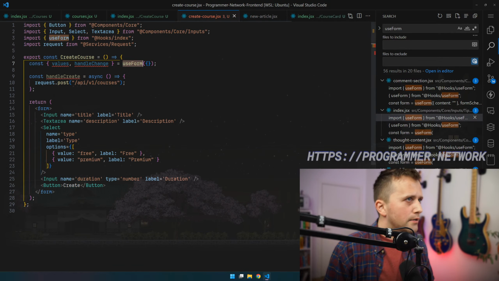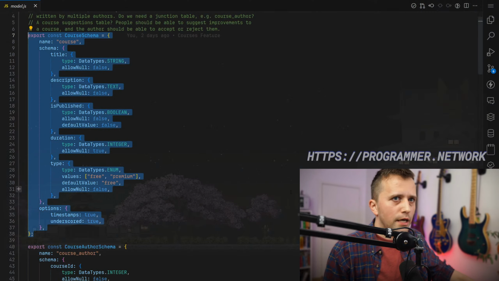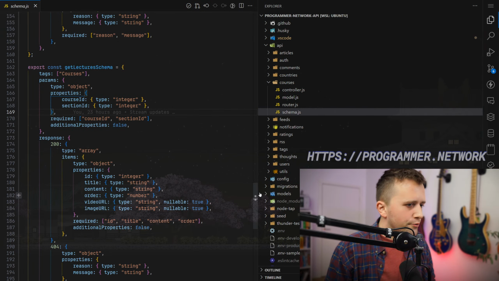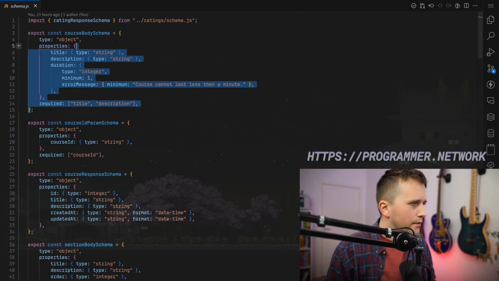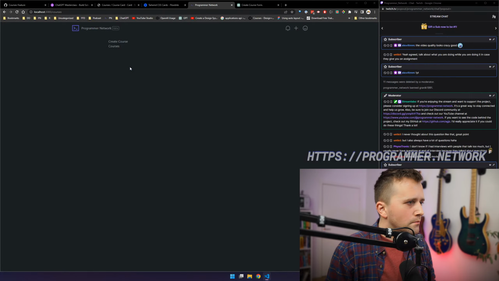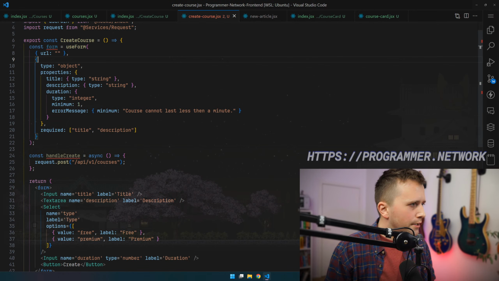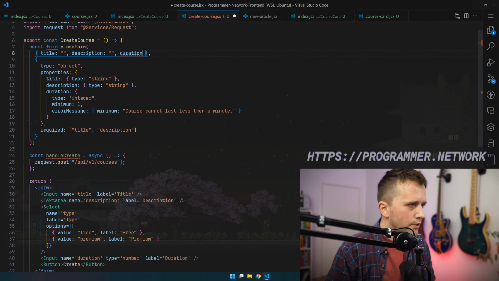I implemented this and I forgot how I implemented it. It's crazy. Okay. So I'm going to go to the API because I'm using the schemas in an isomorphic way, right? So I can literally use the same schema in the backend and front end, which is nice. So I'm going to take this from my API and smack it here. And because I'm using AJV in my front and my back, we're going to have title, description, duration,